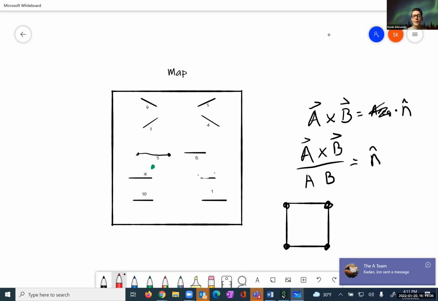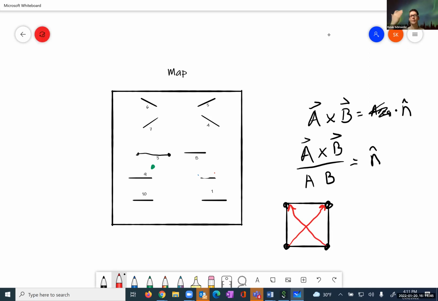So let's do from this corner to this corner is 1, and this corner to this corner is the other. That's 2 vectors that are within the plane of the gate, okay? So if we make one of these the A vector and the other one the B vector, and we take that cross product,